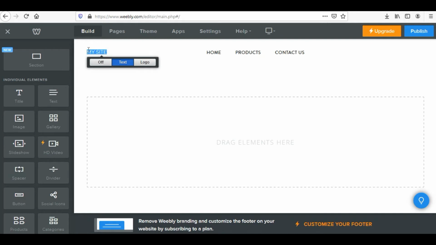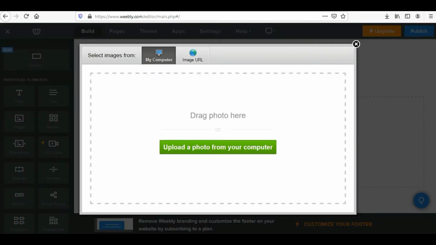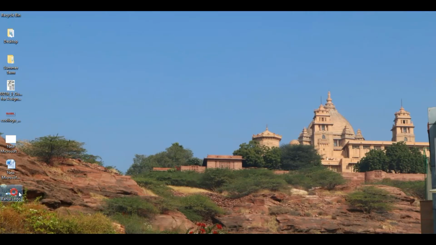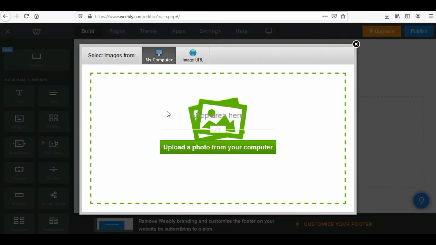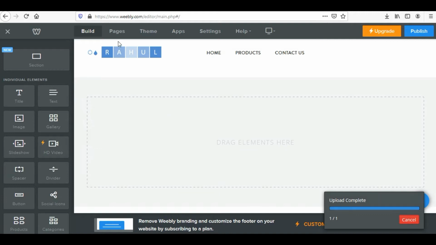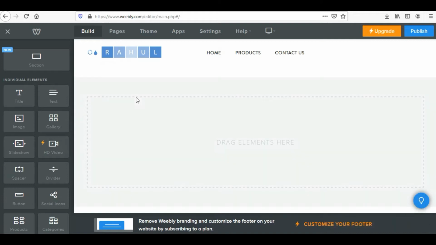So a logo could be put over here, or you can write simple text over here. In the simple text, you can just replace this text, my site. As soon as I take my cursor over to this my site text, it is asking me to switch the logo on. Do you want to write some text or a logo? I had already created this logo, but I'll show you how I would do that. I'll click on logo and I have a logo already created, this Rahul logo, and I'll drop it into this drop area and the logo would be uploaded.